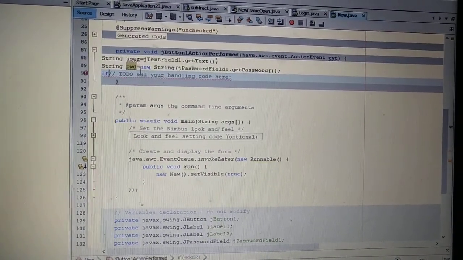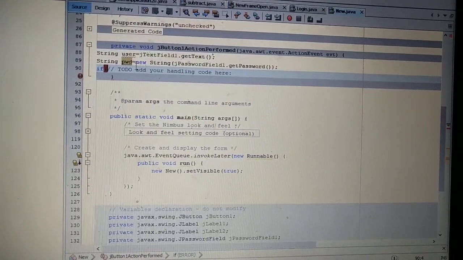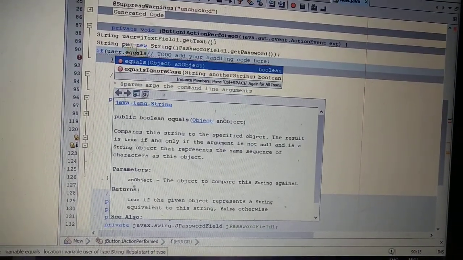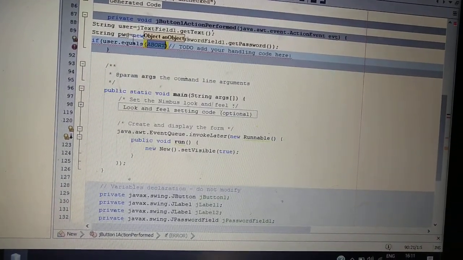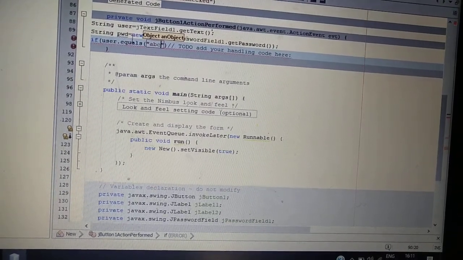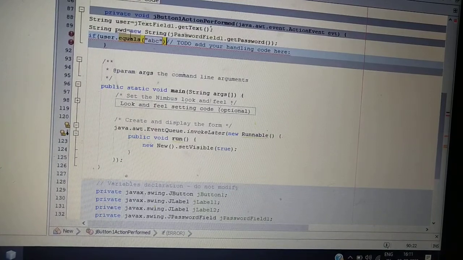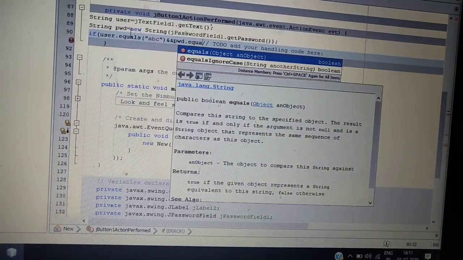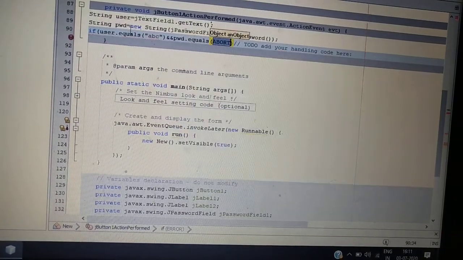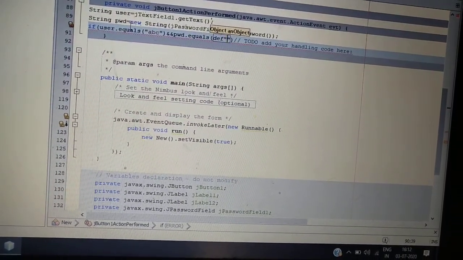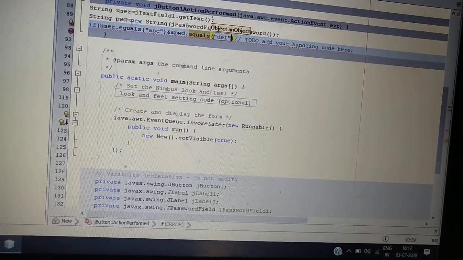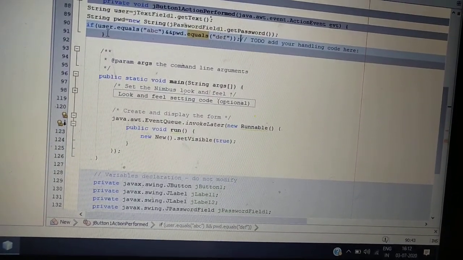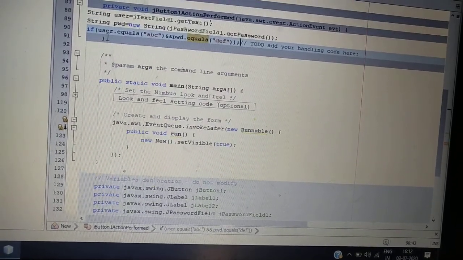So I will write if user dot equals. You are comparing strings, that's why you have to use dot equals rather than the equal to sign. user.equals("ABC") and pwd.equals("DEF"), which should be in inverted commas. So if user equals ABC and pwd equals DEF, then my new frame should open,